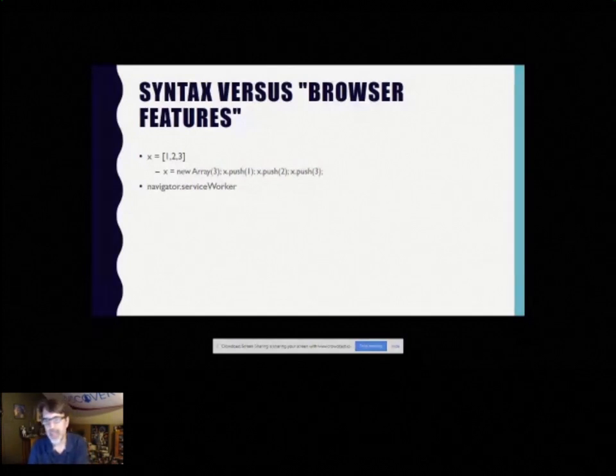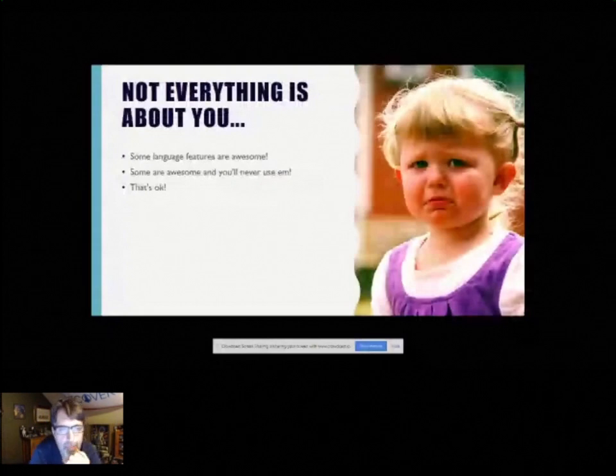Something else that you want to keep in mind, especially as you look at some of the things being done at this level, is that there may be things in there that you will never use, and that's okay. I made the mistake of looking at a particular blog entry, and I'll be talking about this blog a bit later. In this blog, the author talks about various ES6 features, and there was one that I was just struggling to understand, like, why in the heck would I ever use this thing?